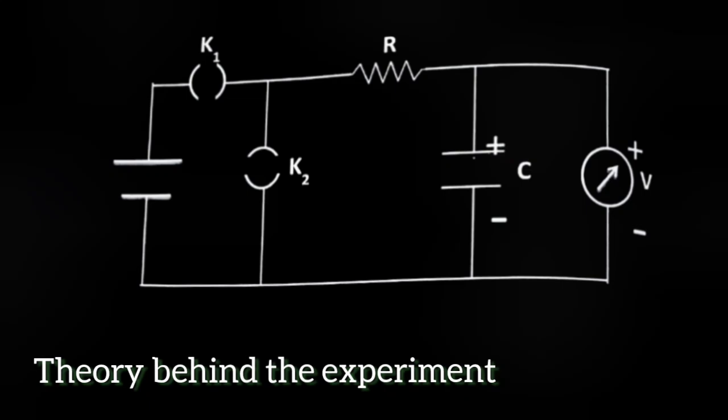This experiment is about charging and discharging of a capacitor. So, in this circuit, we'll have an RC circuit. Firstly, let's discuss what an RC circuit is. An RC circuit is a circuit with a resistor and a capacitor connected in series with a voltage source,